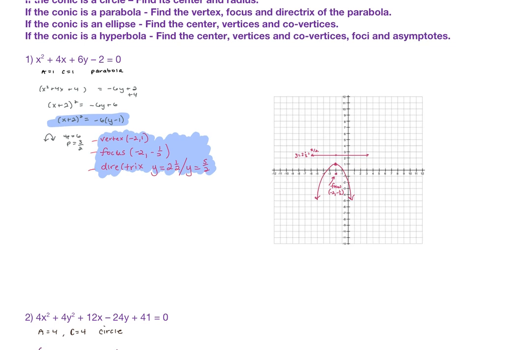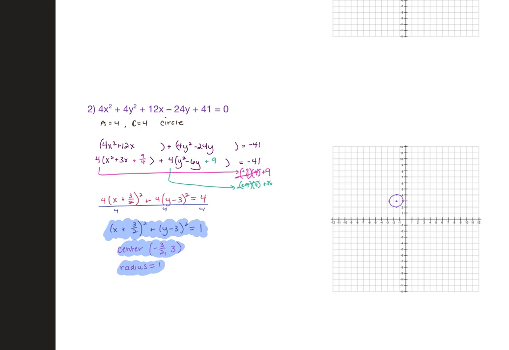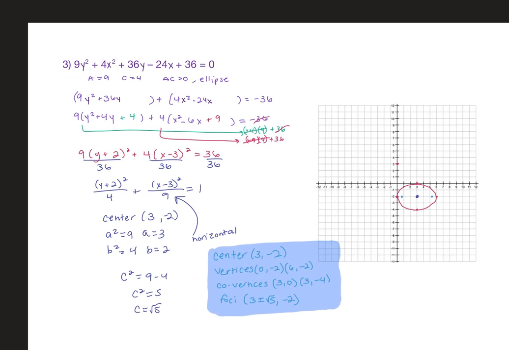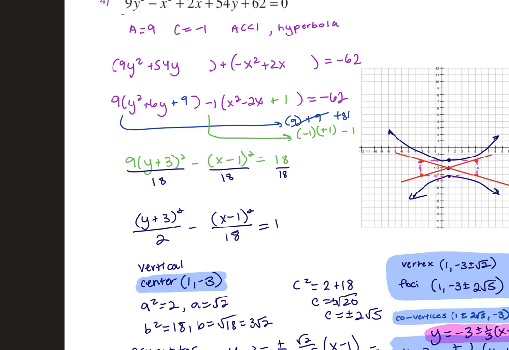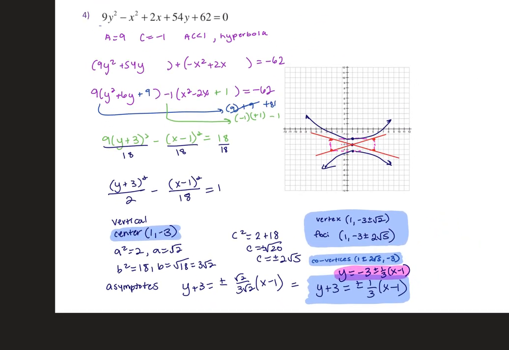to be a line. For the circle, sorry, it's going to ask for the equation, the center, and the radius. And both of those get graphed. For the ellipse, it's going to ask for the center, the vertices, the covertices, the foci, and to graph it. And for the hyperbola, it's going to ask for your center, your vertices, your foci, your covertices, your asymptotes, and